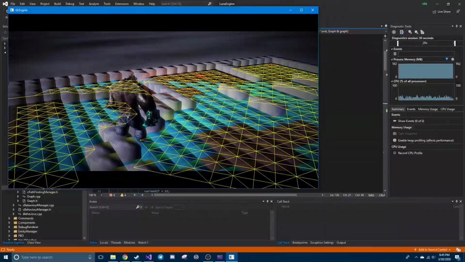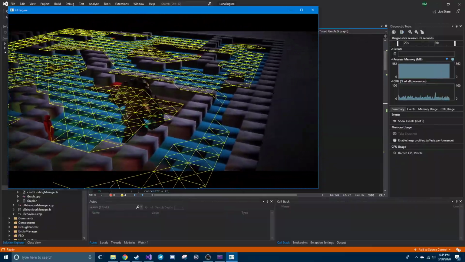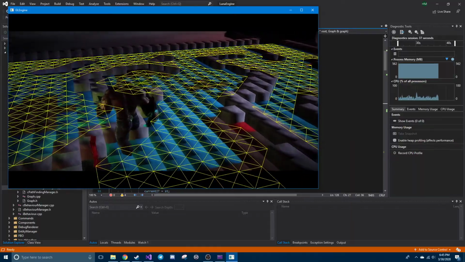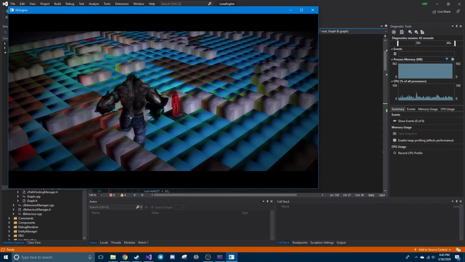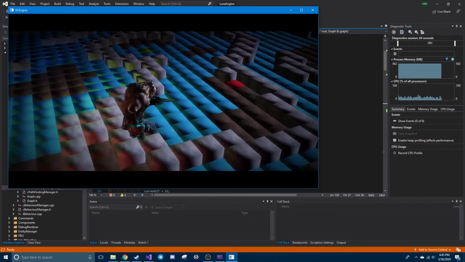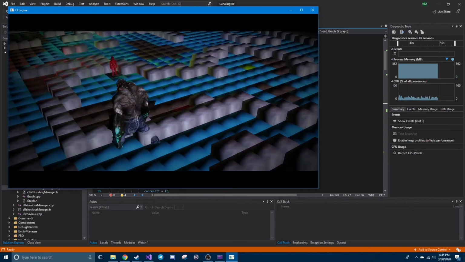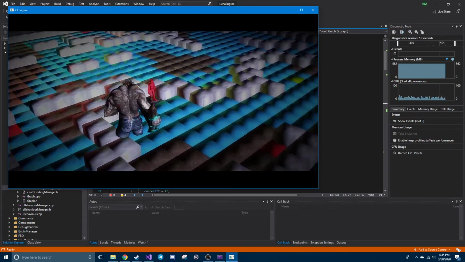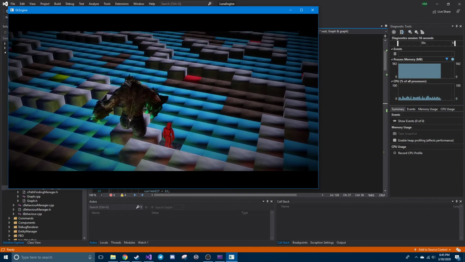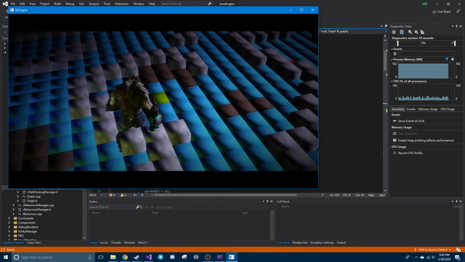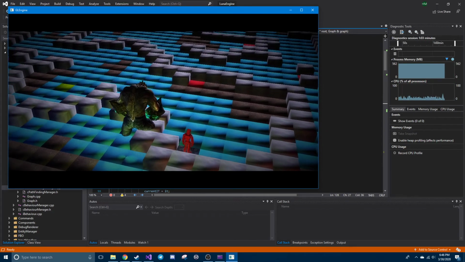This environment is being loaded from a BMP file and then generates this sort of grid. You can see there's a character here that starts in this position, and the objective is to get these red squares as resources. It's going to use Dijkstra's shortest path algorithm to find the closest one to him, and then gather the resource and go to this green square here, which will deliver the resource, and it'll find a path to the green square using